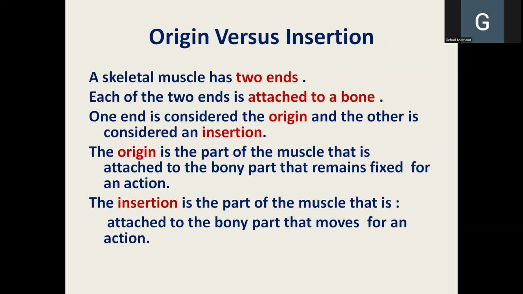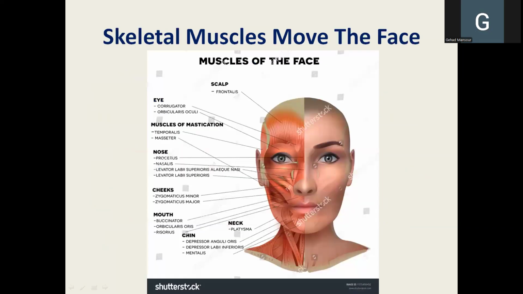So here, this slide is talking about the origin and the insertion, and I've just mentioned the definition of each. And you have to be very careful because you usually give distorted answers. The origin is the part of the muscle, or the tendon, that is attached to the stationary bone, whereas the insertion is the part of the muscle or the tendon that is attached to the movable bone. So every time you have to start by saying it is the tendon or the part of the muscle that...